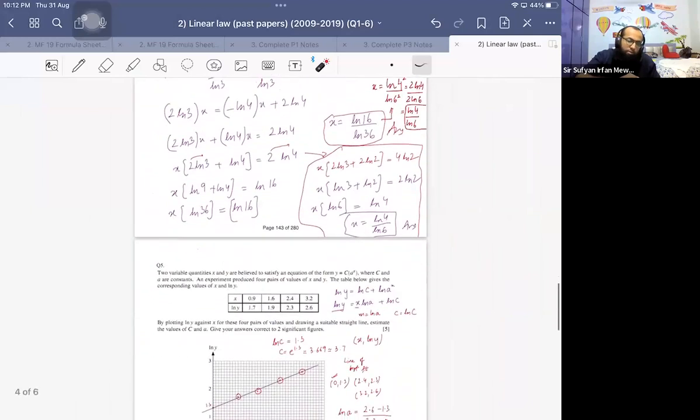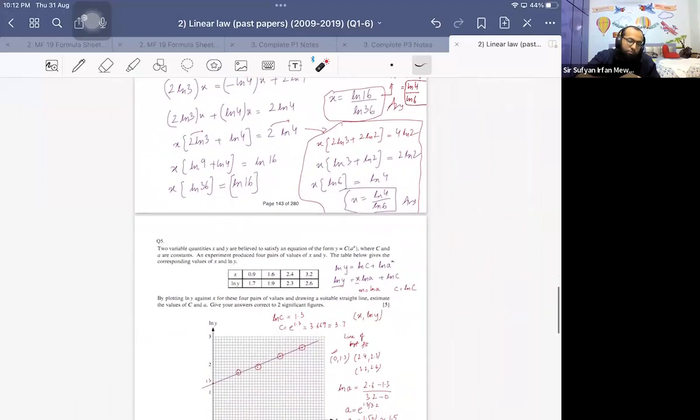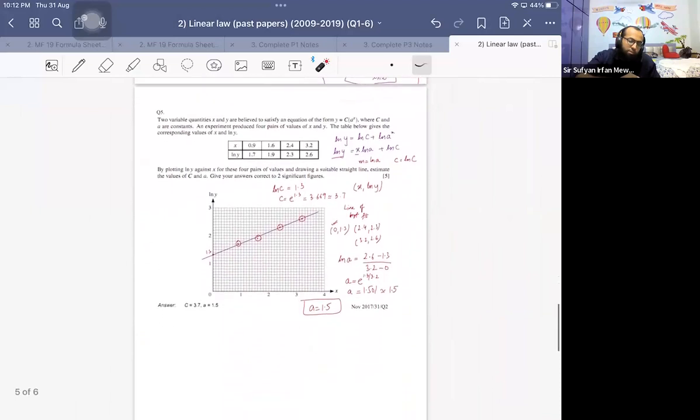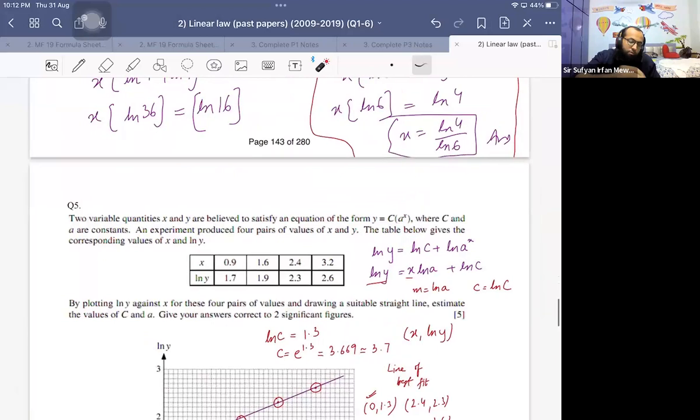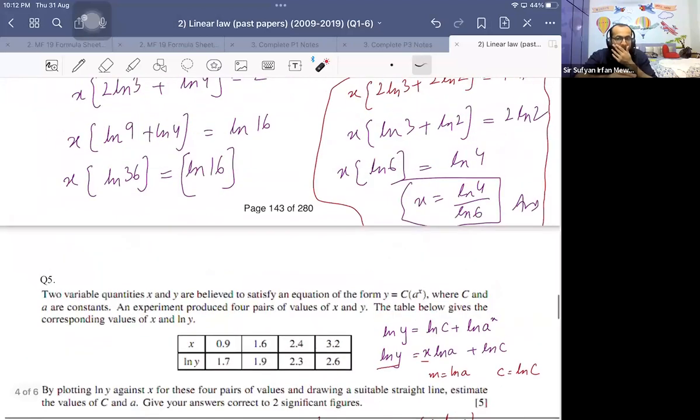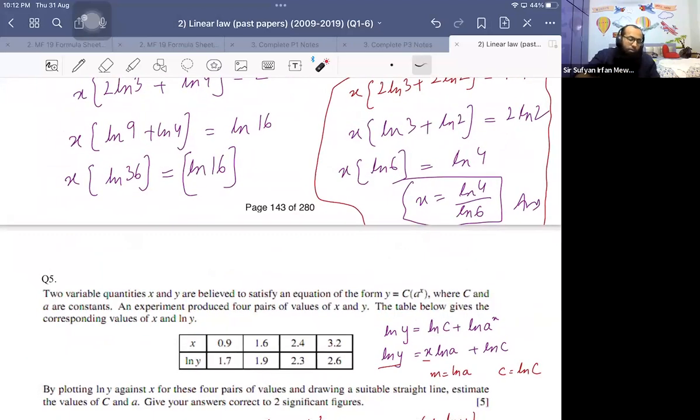ओके, आई होप इट्स क्लियर. क्वेश्चन नंबर 5 में मुझे कुछ डिस्कस करना है आप लोगों से. क्या डिस्कस करना है ये देख लो. टू वेरिएबल क्वांटिटीज, बस ये एक आखिरी सवाल करते हैं, उसके बाद एक्सपोजर इतना बढ़ जाएगा, क्योंकि आई गेस एज